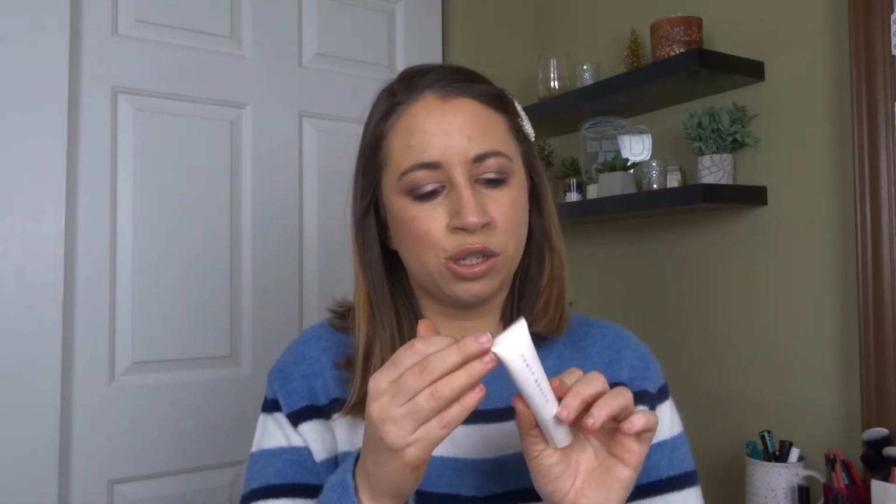Next thing I bought was kind of a flop. It's the Fenty Beauty Pro Kisser Luscious Lip Balm. This is just kind of really lame. It doesn't do a lot of anything. It smells really nice. It has a very sweet scent, but honestly,